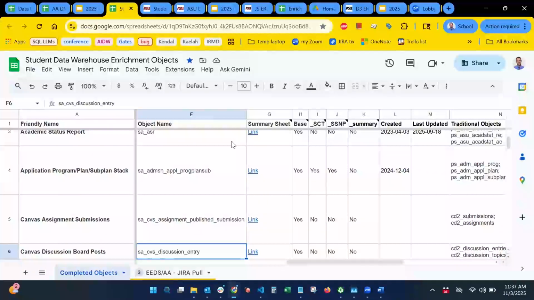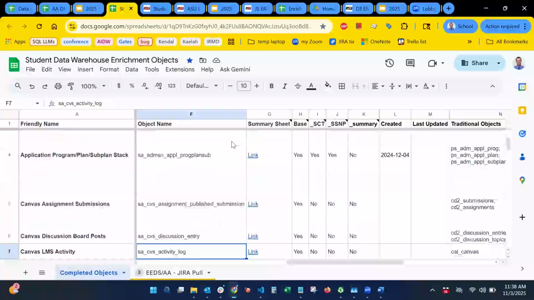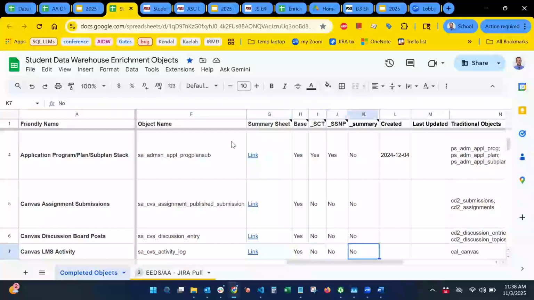So CVS, in our naming conventions, is Canvas, and activity log. If you're familiar with the Caliper data, all Canvas, we built the activity log to hopefully make that a little bit more usable. It's a very big table. There's a lot of data in there. But some of the work we're doing,